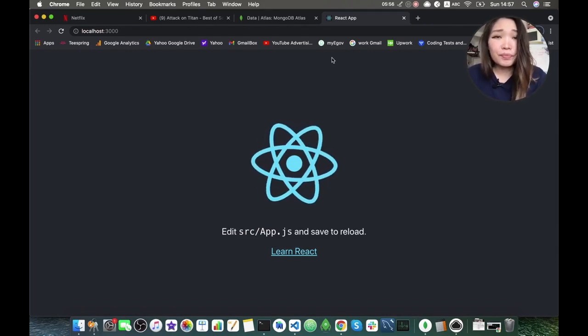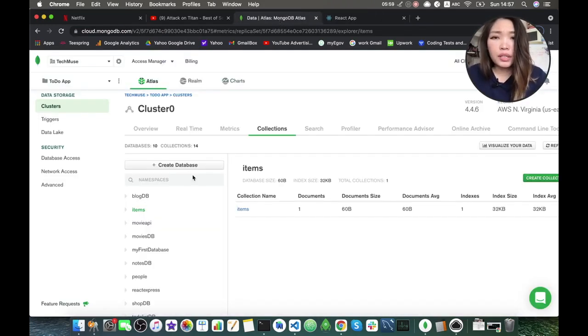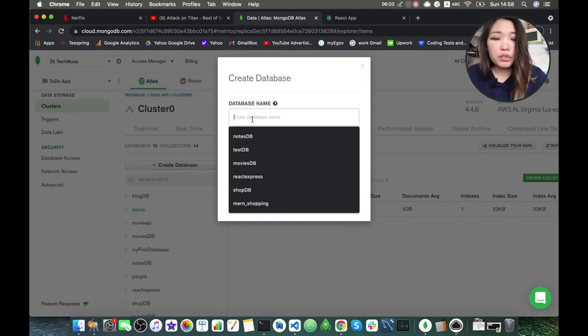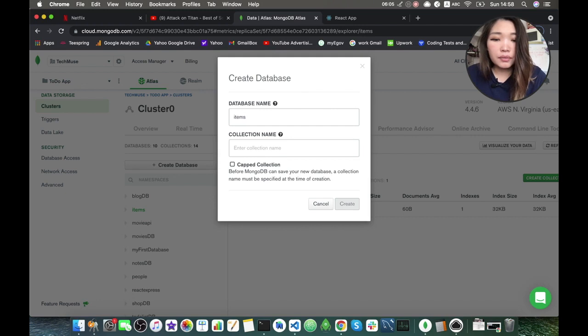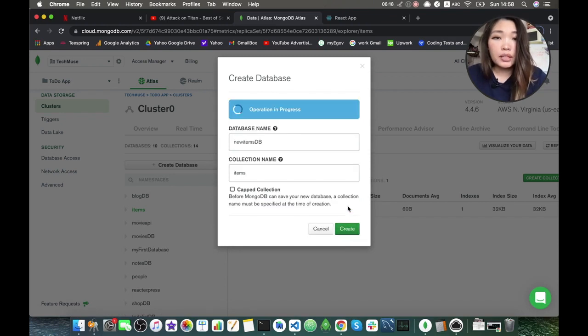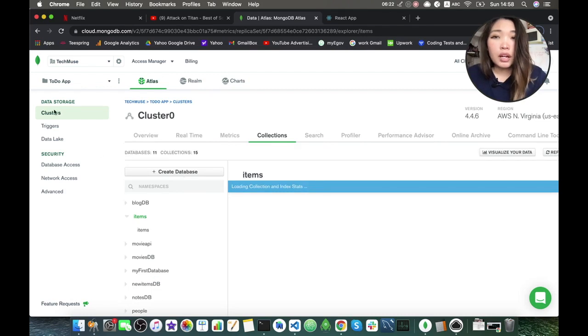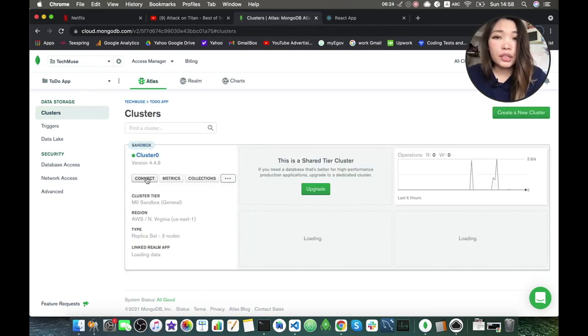Okay. Everything looks fine. So now the last step is to create a database in MongoDB Atlas. I will just call it items db. Maybe I have already new items db and the collection will be items. Create. Now go to our clusters, connect up,